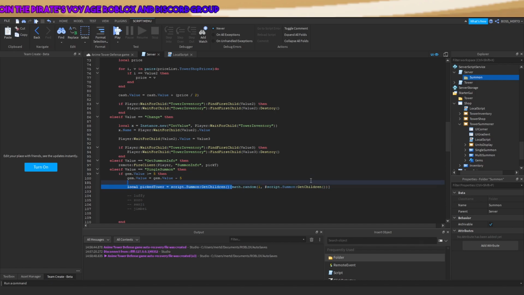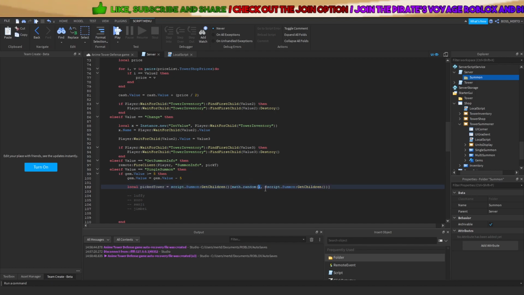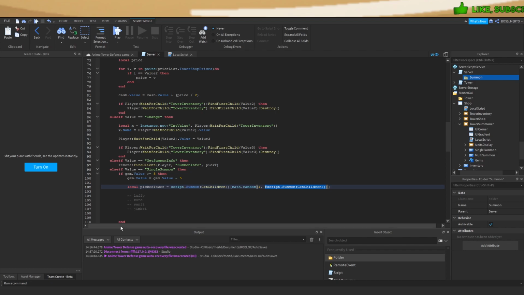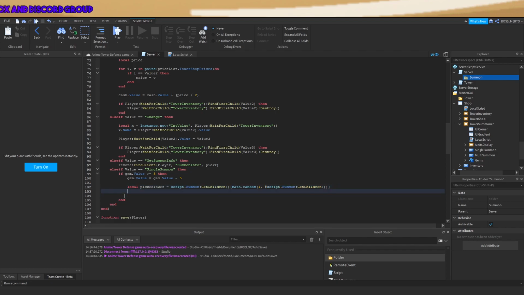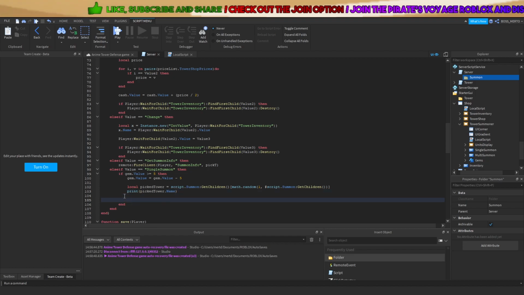And this is the point where it creates a random number, and this random number goes from 1 to the amount of obtainable towers. And that's how the tower is being picked, guys. And we can even print out the name of that tower, so that's no problem. And yeah, so we have picked the random tower, and now we just